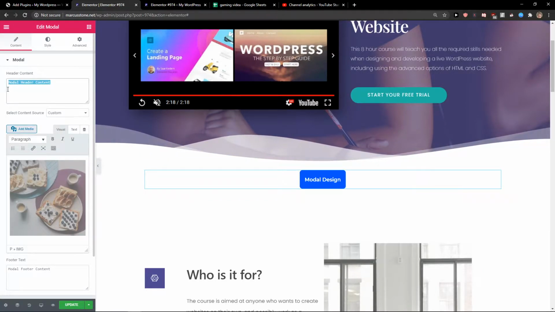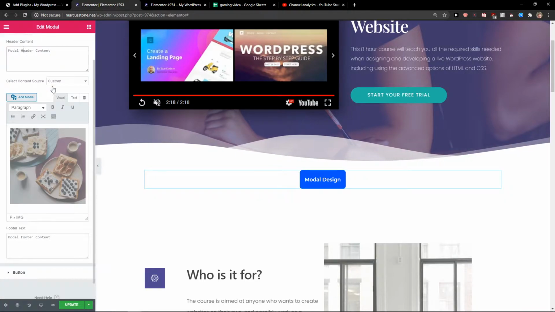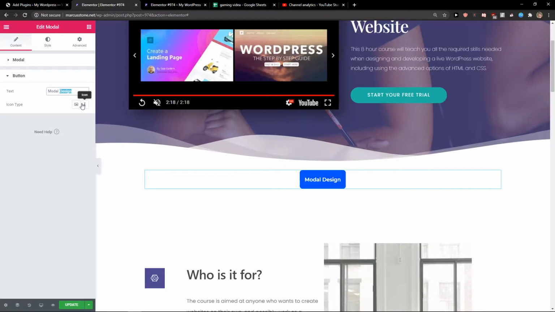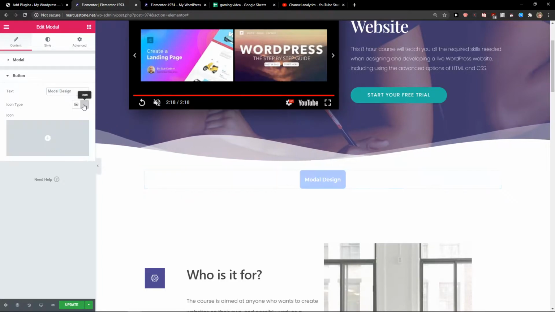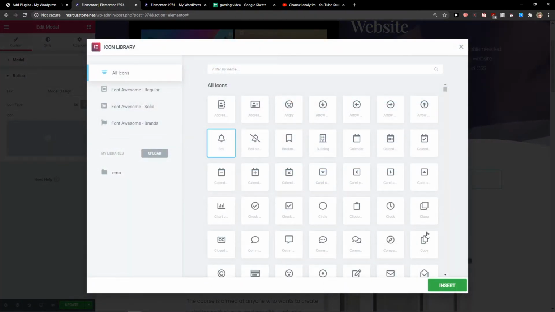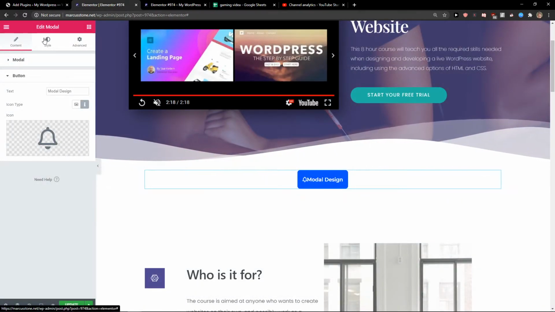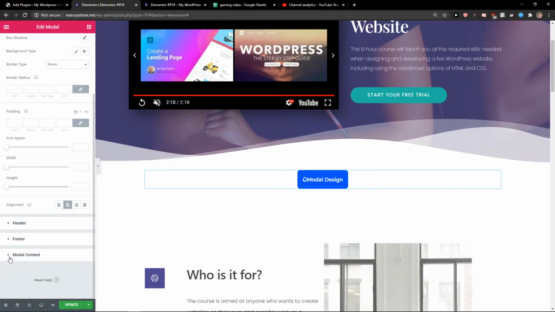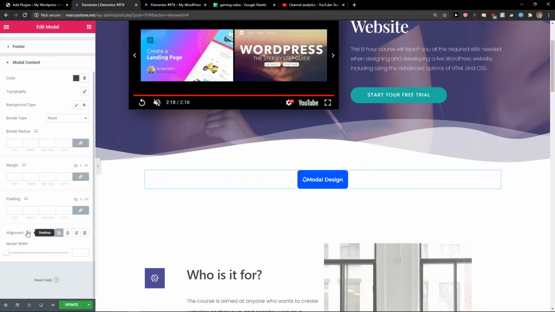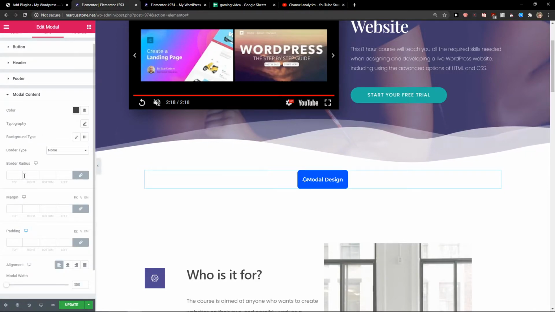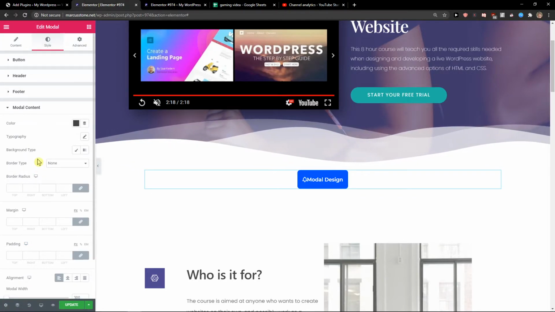You can change the header content if you want to, footer text, and change the button, and also change it like you see it here. Now you see the style here. You can really play around with everything here